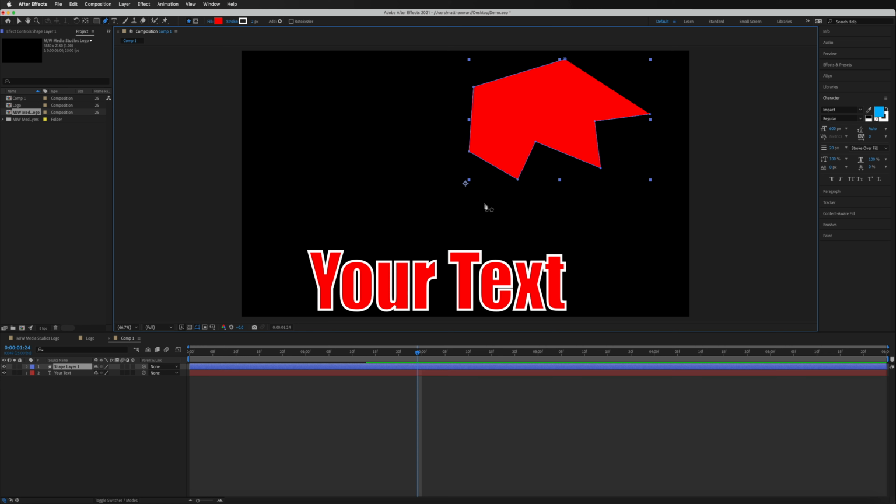However, if you wanted to add some additional shapes on top of your shape layer, then this is going to work a little bit differently. Because it is a shape layer, it will create them as shapes rather than a mask. So just to quickly demonstrate that, I'm going to go back up and select my pen tool once again.